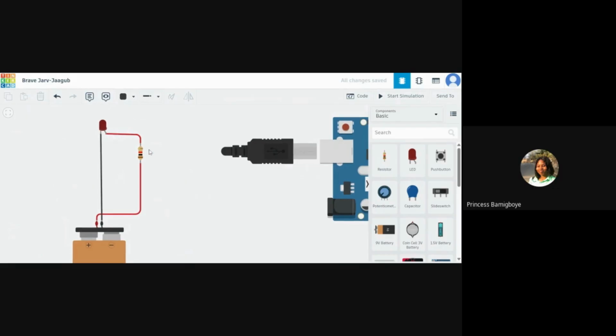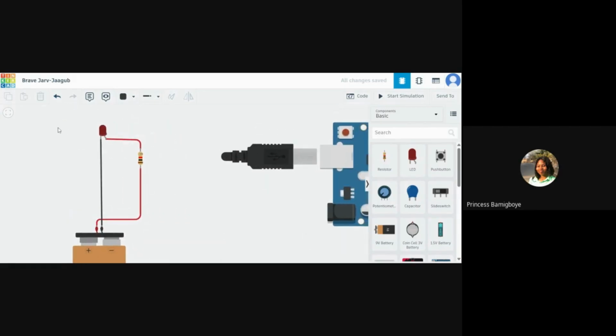So essentially, I feel like I say essentially a lot. In this circuit, we connected the positive part of the LED to the resistor, to the positive part of the battery, and the negative part to ground, the negative part of the battery. So what a PCB does is, imagine we had more components than this. Instead of you having to go through the stress of using jumper wires to connect all of this,